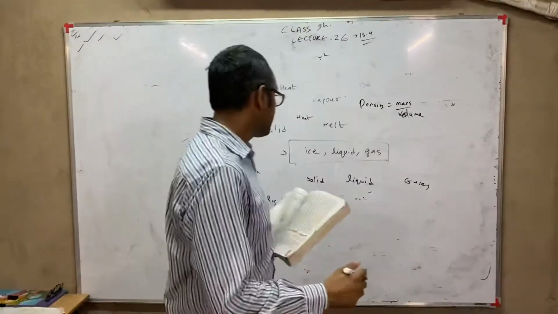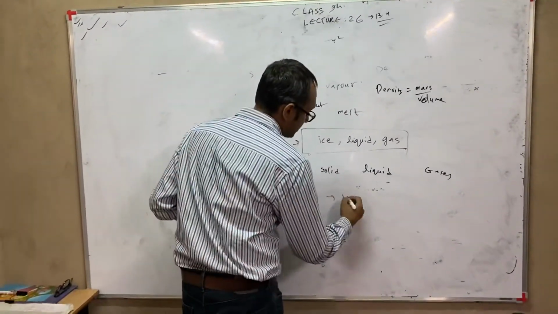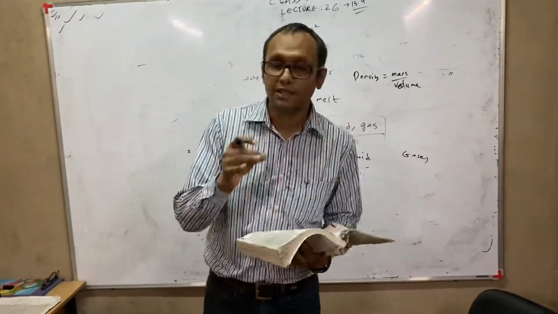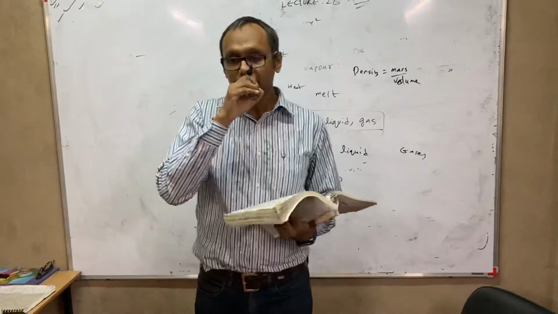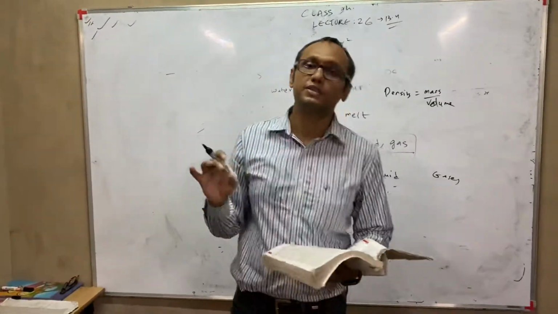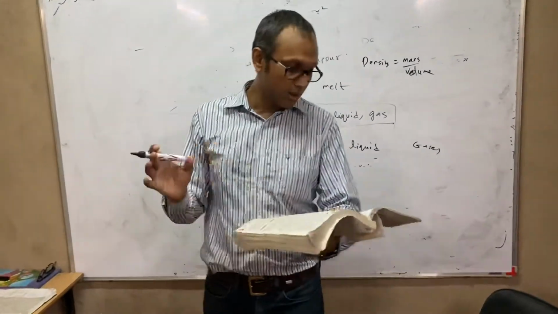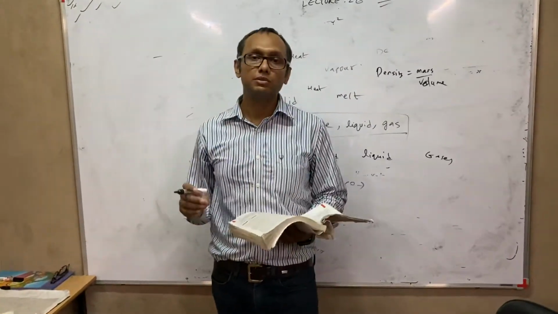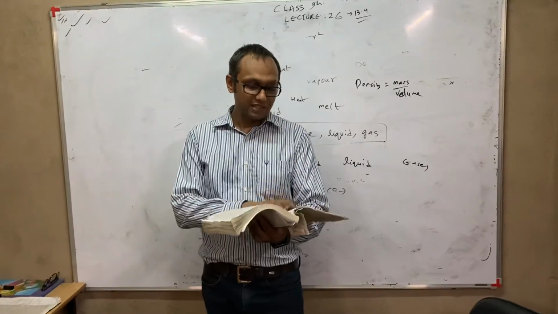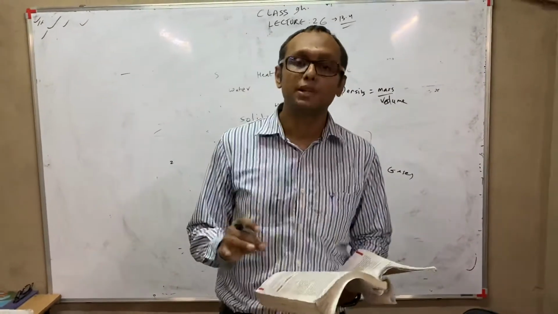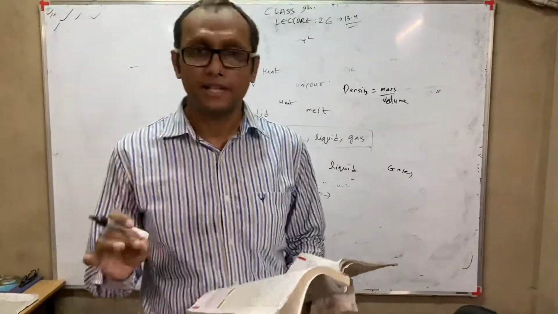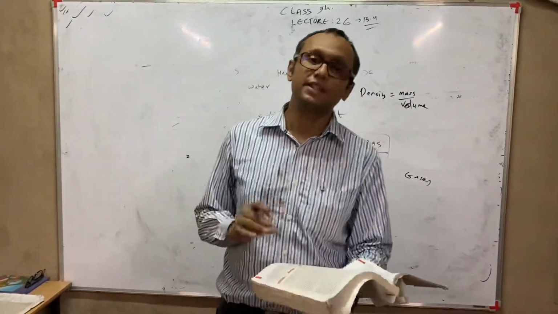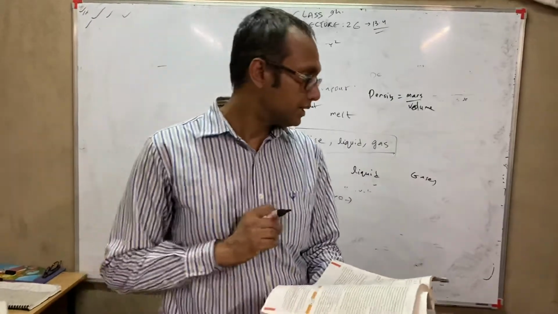And the reason ice floats on water is, when ice is formed, there are air pockets created inside it. Okay. Now, because of these air pockets, the net density of the ice block becomes less than that of water, due to which it is able to float. So the answer to this question you will write: when ice is formed, air pockets are also formed inside it, due to which the density of ice becomes less than the density of water, due to which it floats.